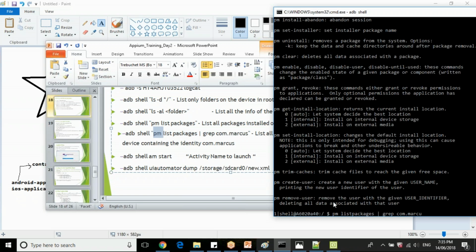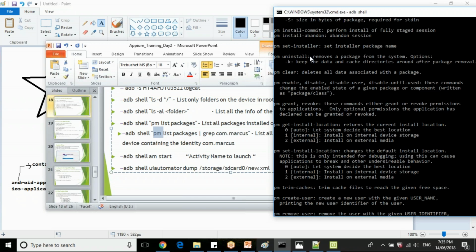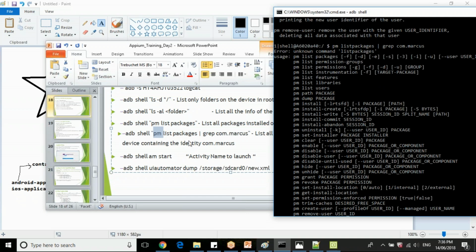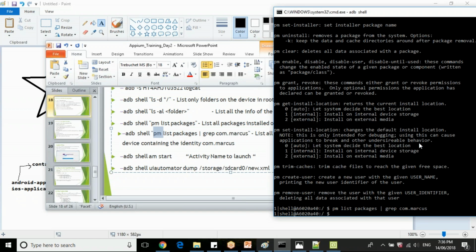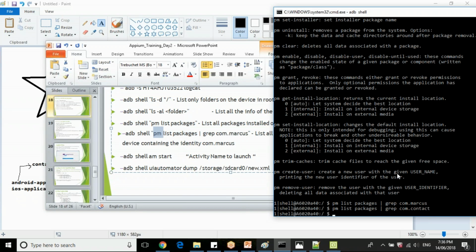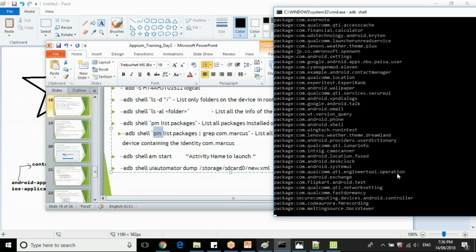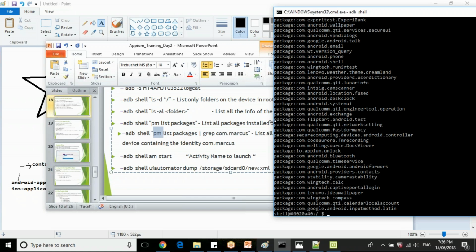So here you can get the list of all packages.